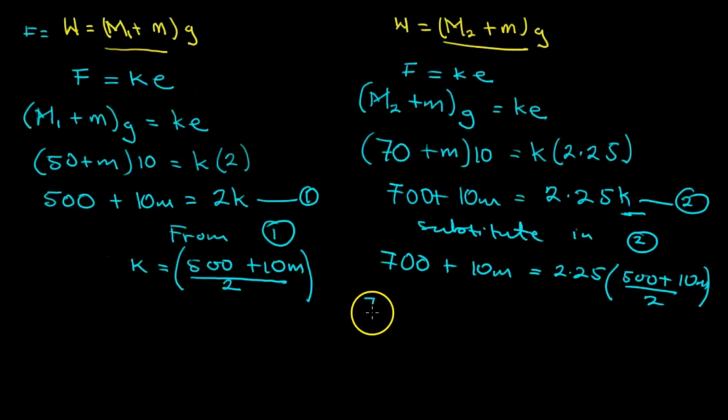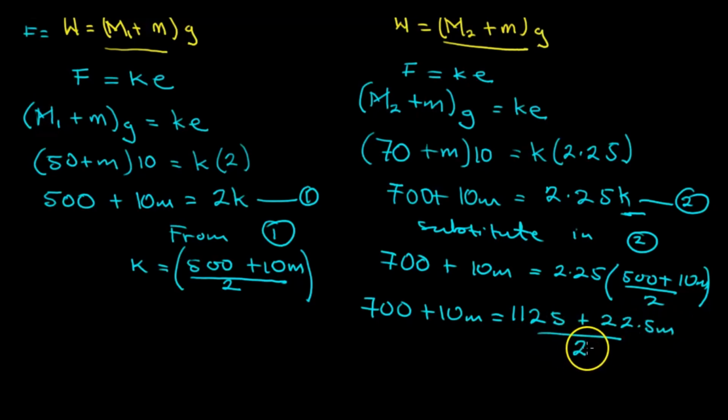I get 700 plus 10m equals 2.25 multiplied by 500 gives me 1125, plus 2.25 times 10 gives me 22.5m, all divided by 2. I'm going to multiply through by 2 so I can get rid of the fraction. So this gives me 700 times 2 gives me 1400